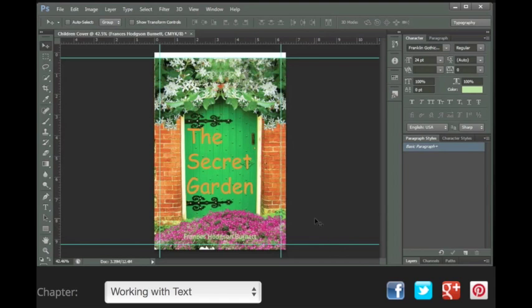Okay, so now we can tell that we still need some work. We might need to go back and edit some of the text for color or for the style of the font. But for now, this is a nice place to get started. So we've got the title here in the center, and we're using that as kind of proximity because the title is the most important part of the book. So we've got it with the door as part of the proximity and design principles because the door is a key element in the story of the book and the fact that it's locked, and it's what makes the garden